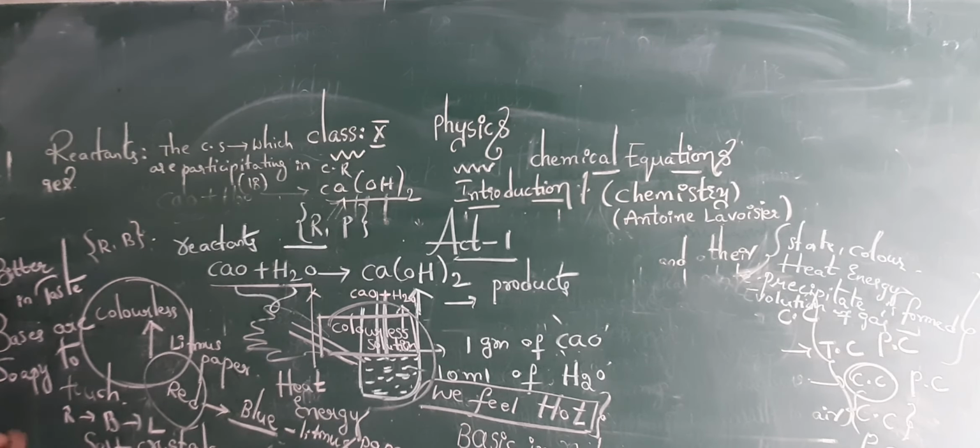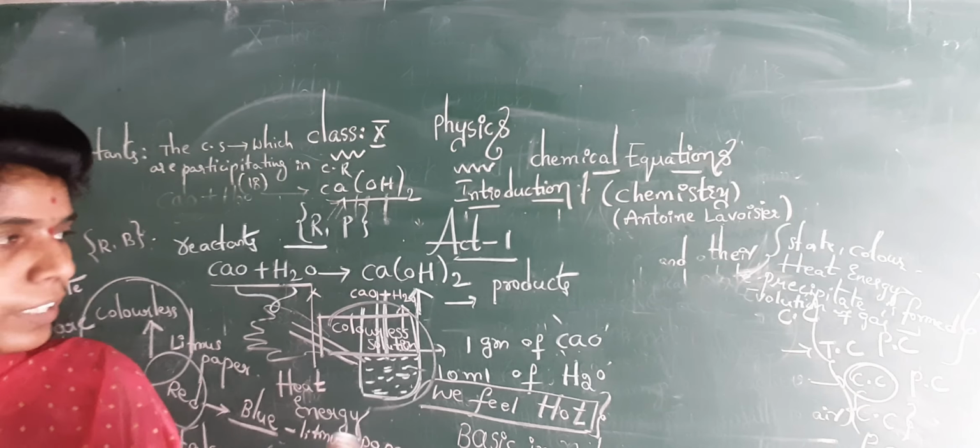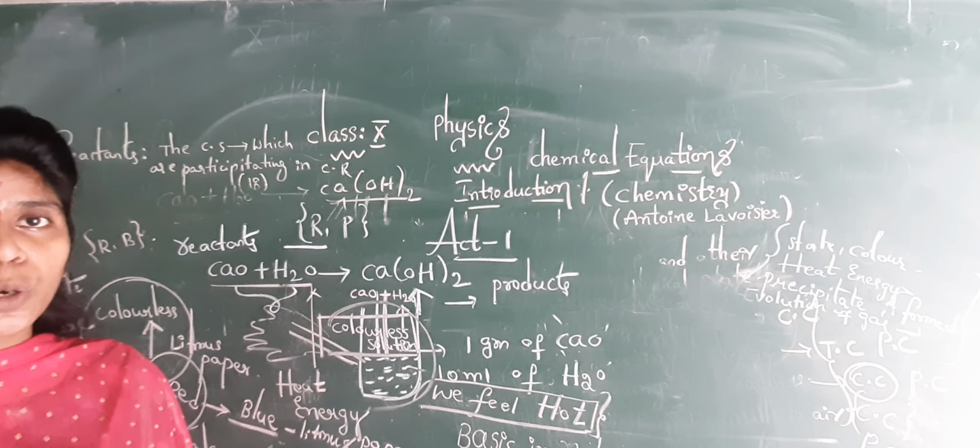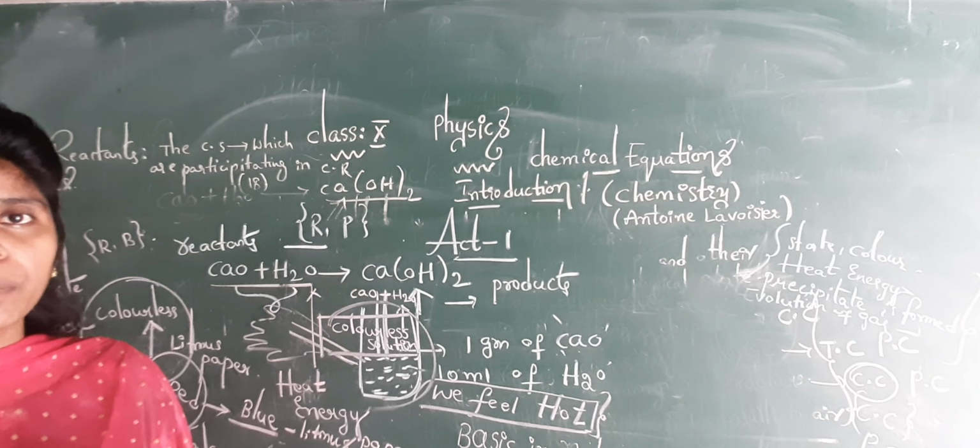Examples of bases are potassium hydroxide, KOH, potassium permanganate, KMnO4, and copper sulfate, CuSO4. All these three examples come under bases. Whenever you touch these bases, they appear in the form of salt, at the same time very soft in nature or soapy to touch. Is it clear? This is the first activity, introduction plus activity. Go through this activity thoroughly and copy it down in your notebook.